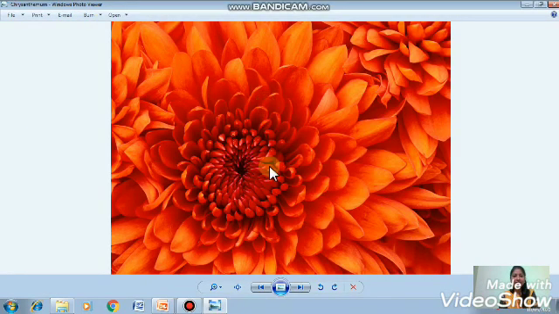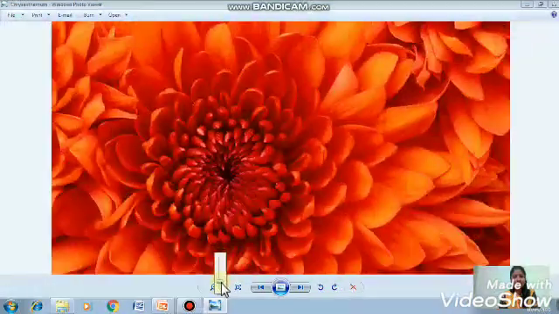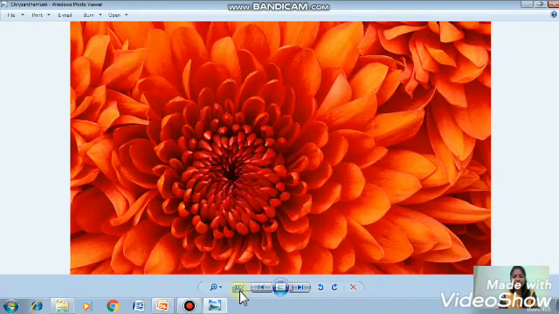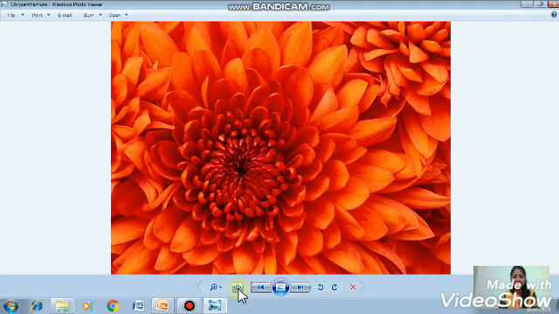In this we can see different buttons at the bottom. This button can zoom in and zoom out. This can manage the photo as per the fitness of the image, so it will fit the actual size of the image.